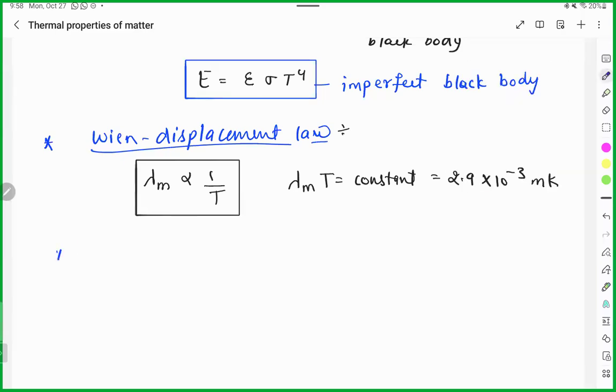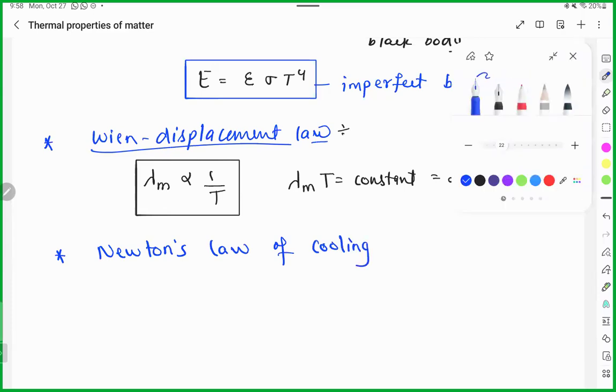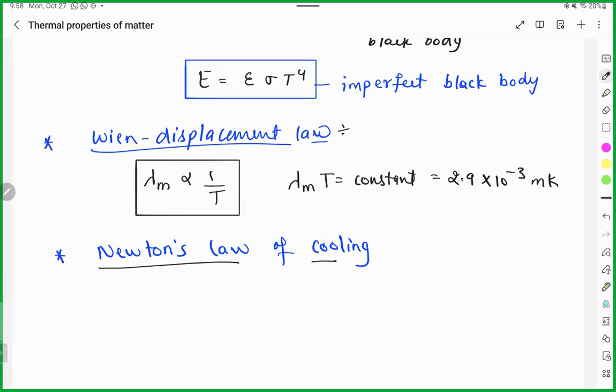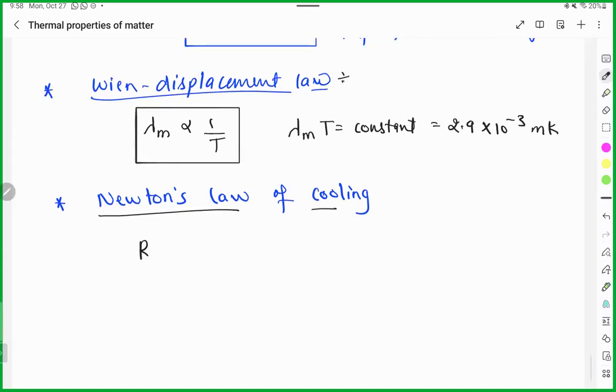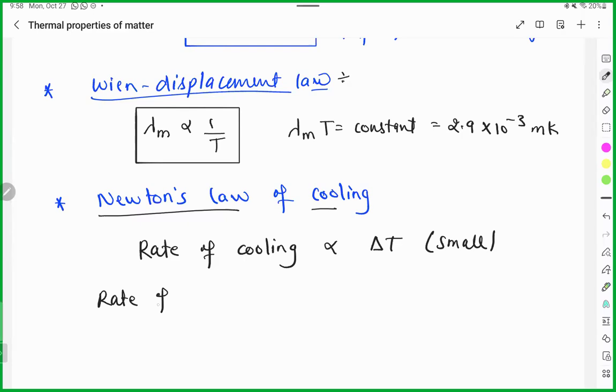Sandana, what is Newton's law of cooling? So rate of cooling of a body is directly proportional to temperature difference. Yes, rate of cooling of the body will directly depend upon the temperature difference. Usually this temperature difference is small. And when there is cooling, then heat will be lost. So rate of heat loss is equal to